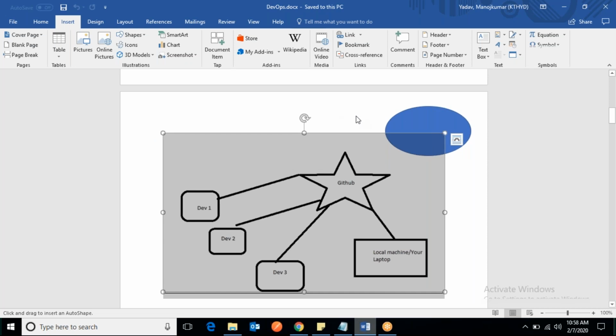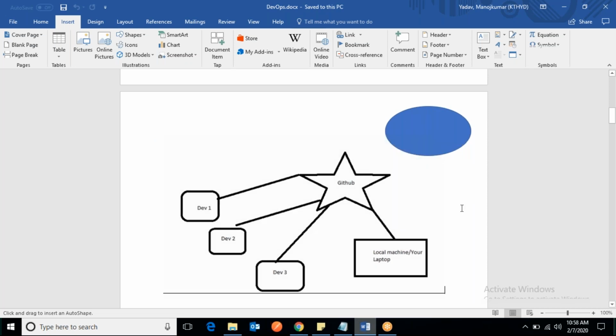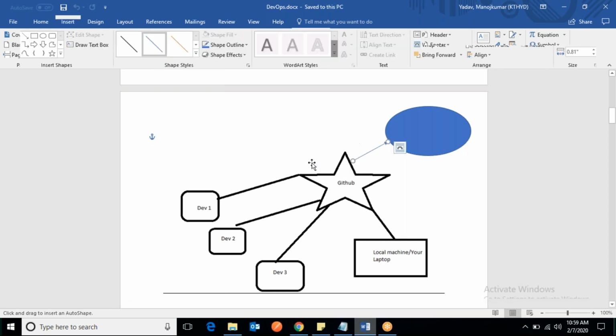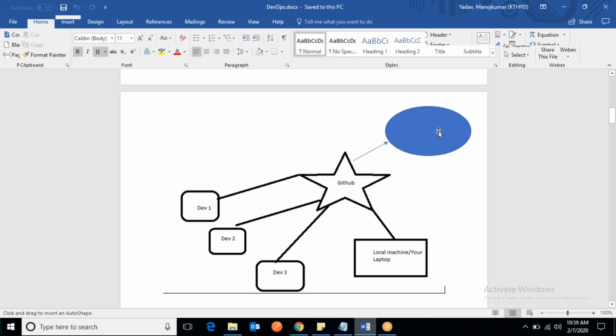Okay, so suppose this is GitHub and whatever you are doing here. Now you have a CI tool, a continuous integration tool, which is Jenkins. Now you will integrate this GitHub and this CI tool, so that every time anyone merges their code to any respective branch, this will trigger a build